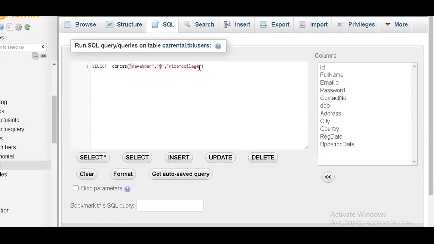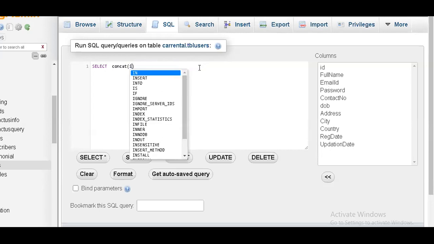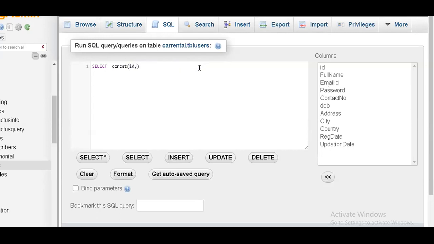Here I want to generate a mail ID, using the ID, using the full name, then a special character in between, the @ symbol, then something like gmail.com.